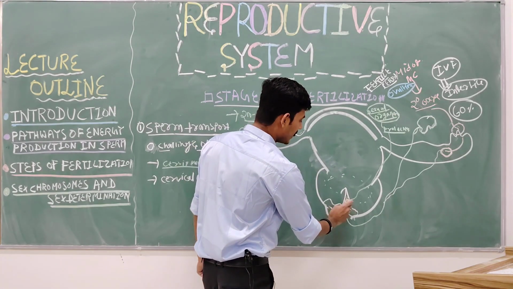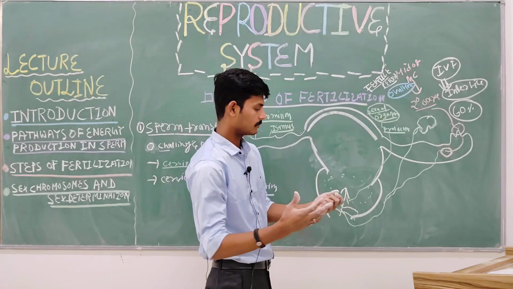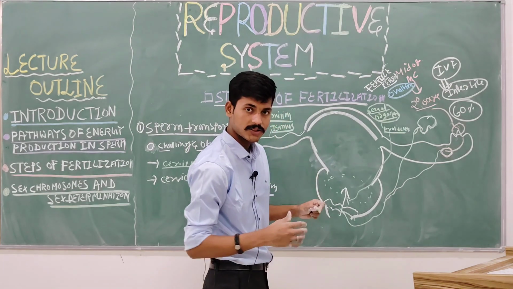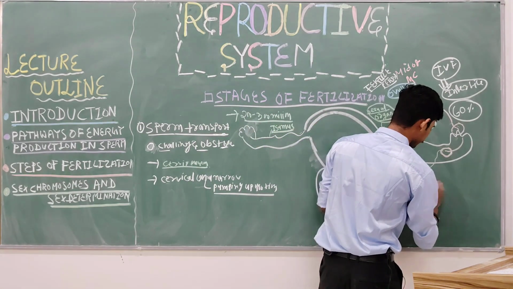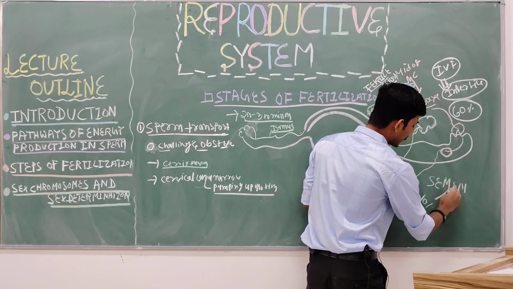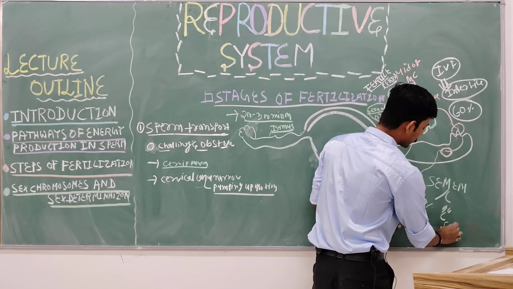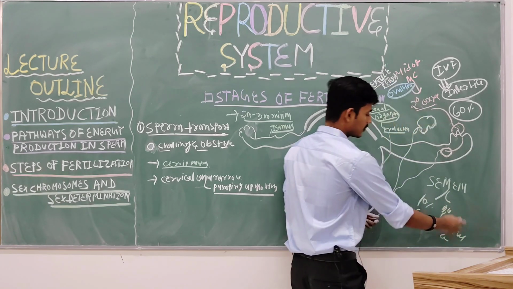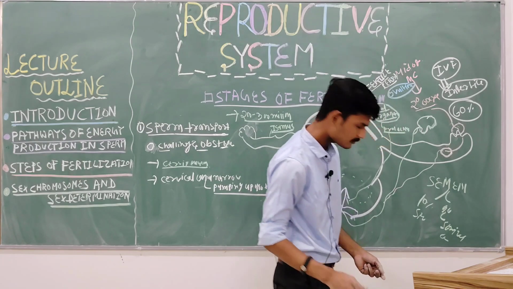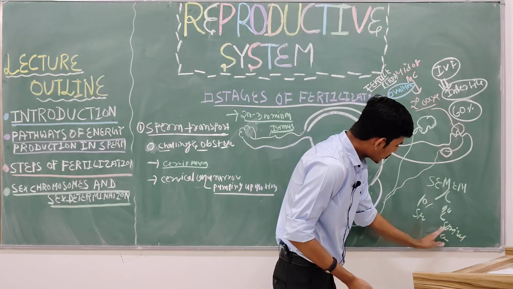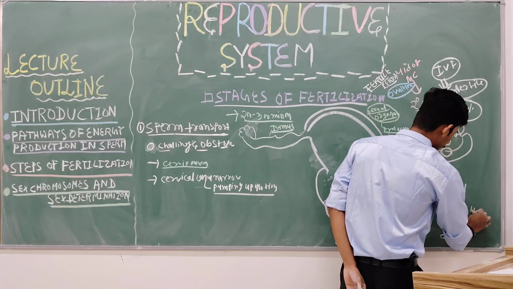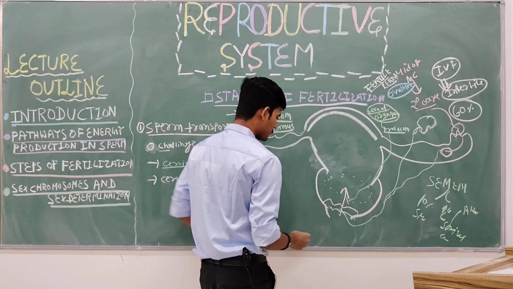As you know, only the sperm is not released during ejaculation; there is a release of semen. Semen has 10% sperm, and the rest 90% is seminal plasma, which is constituted by the accessory male organs, the prostate gland and bulbourethral gland. The content of the seminal plasma is alkaline, basic. So this alkaline nature of the semen helps the sperm.